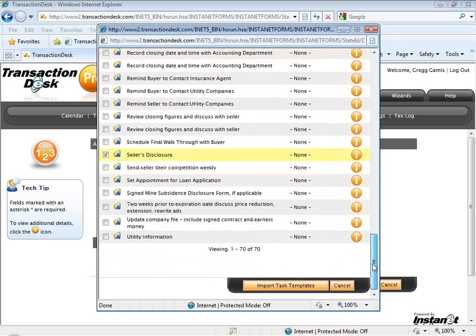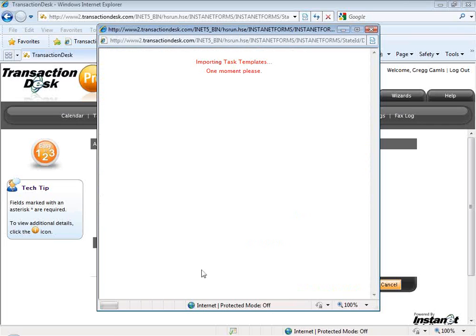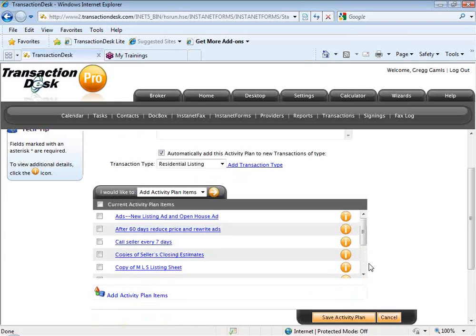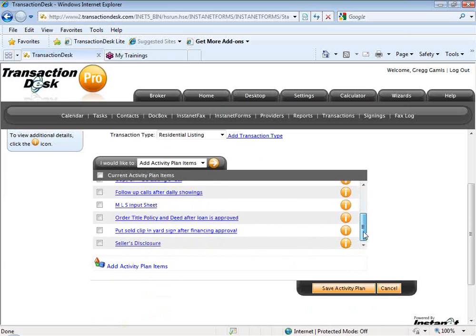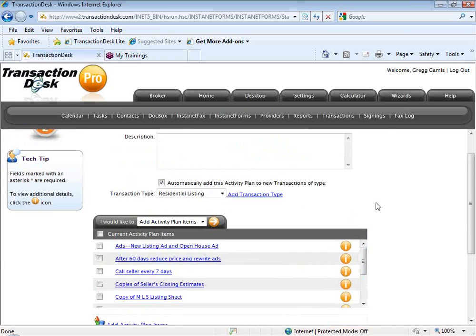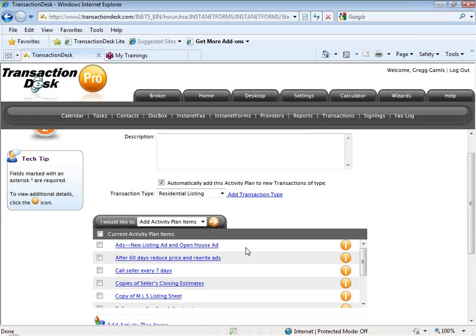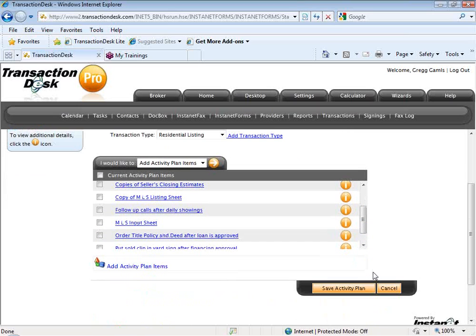We're adding the task templates to add to our activity plan. So we're importing these task templates into our activity plan so that we can quickly add these. How many did I choose? Quite a few, it felt like. A decent number of workflow items added to our overall activity plan, that new listing checklist for single-family residential. We've automatically assigned it, so each time we start a new transaction type of residential listing, this activity plan, this group of task templates will be automatically associated with our new file. I'm going to save this activity plan,